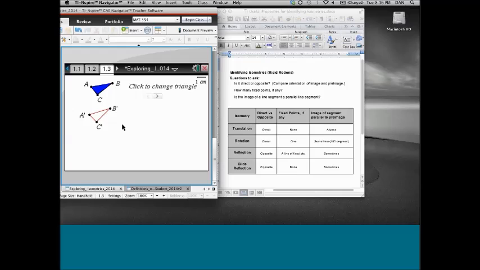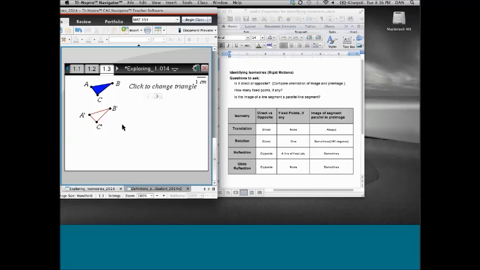Yeah, I think it would be good if people would, instead of naming it, say what their responses are to those three questions. So is it direct or opposite? Are there any fixed points? Are the line segments parallel? This way, people get used to thinking of those properties and verbalizing them, because we want our students to verbalize them before coming to that conclusion. So they're stepping through that process in preparation for when we want students to use